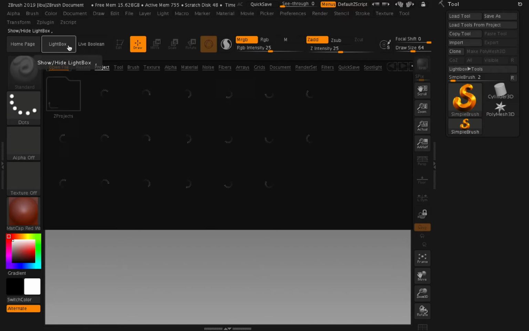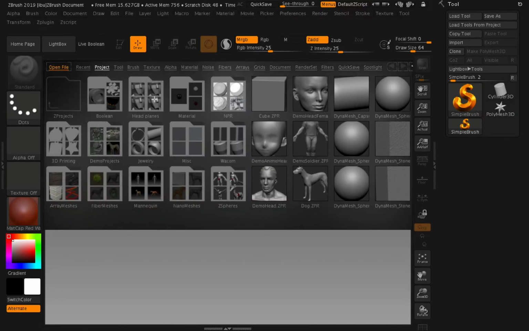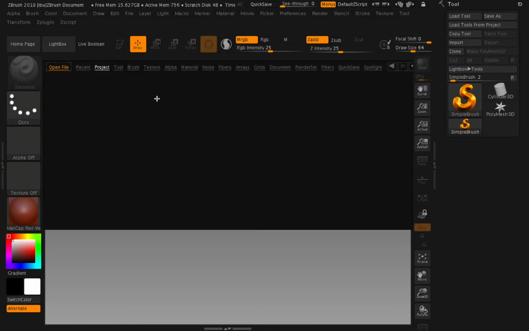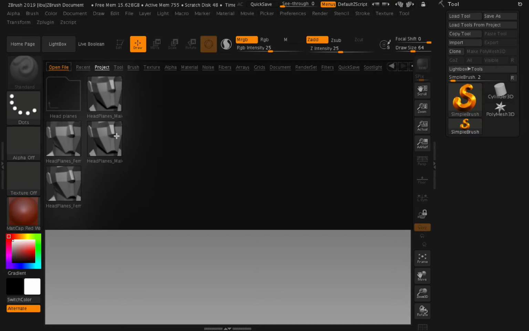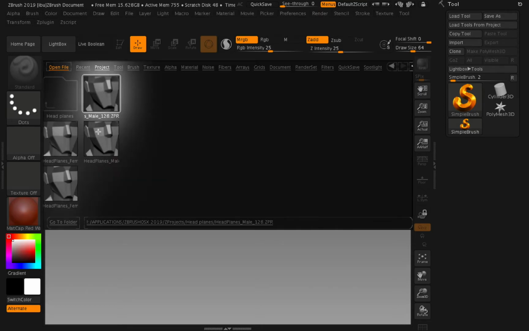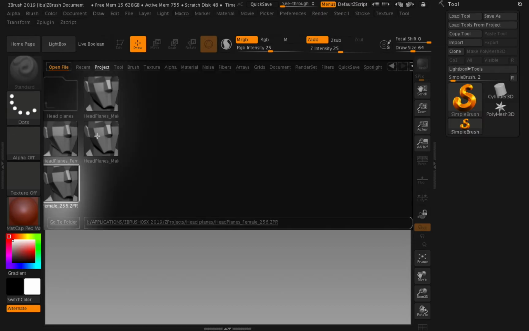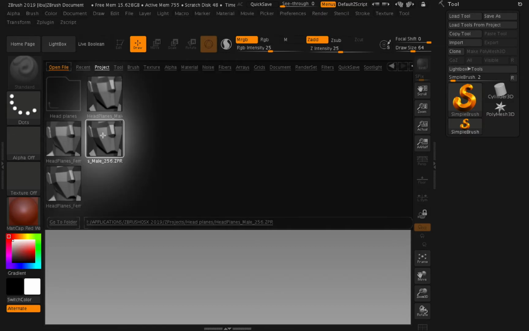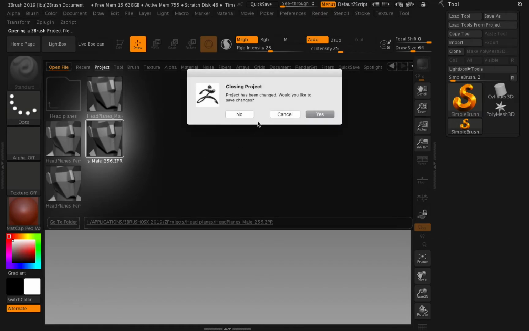Okay, so, well, I like these head planes that are provided in the new version. Very useful, and they come up as Dynamesh objects straight away. So if you touch one of them, you'll see more information. That's 256, 128,000. So what's that? Female, male. I'm going to use a